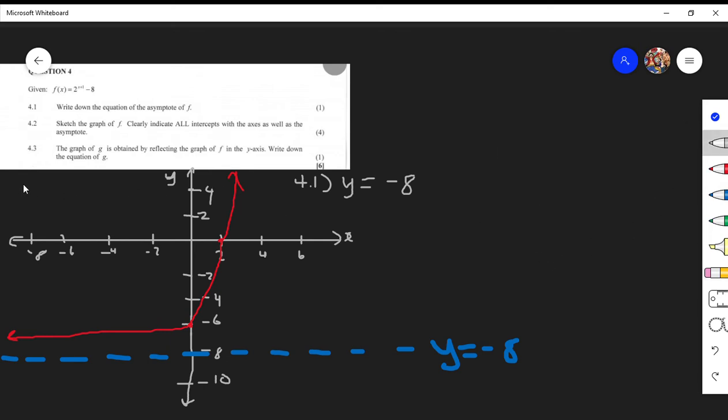That was question 4.2, right? Now question 4.3. So question 4.3 says the graph of g is obtained by reflecting the graph of f in the y-axis. Write down the equation of g. So in order to write down the equation of g, we need to first know that,